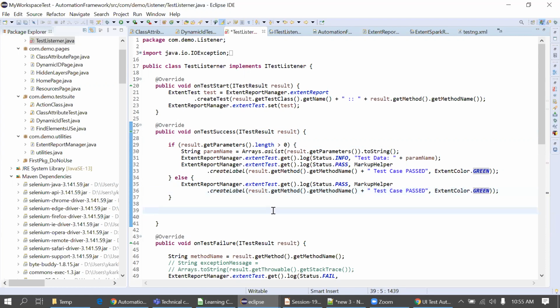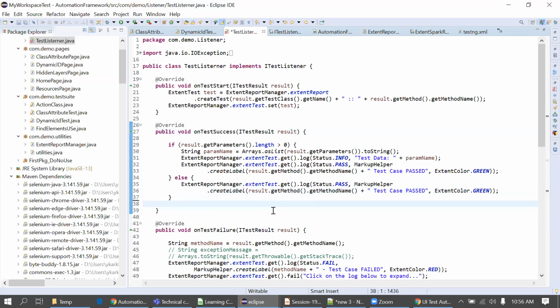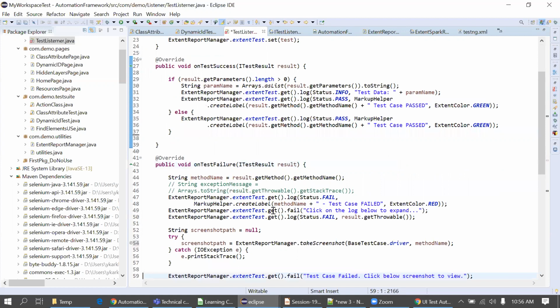Okay, this is again high level. Same for the failure. We are just copying this code and pasting it here for the failure. You can see we are only changing the status to fail, and we are creating a label with the method name, then test case failed, and color red. This is fine.